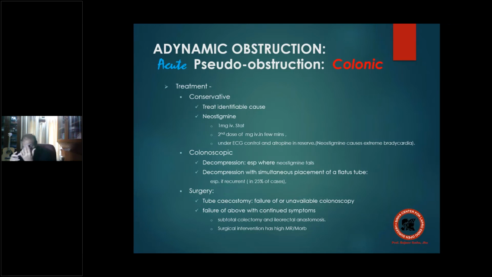Or else, if you find that this patient has this kind of obstruction recurrent for a long period of time, in these cases you have to go in for excision, and that is a subtotal colectomy with ileorectal anastomosis. What does subtotal colectomy mean? That means I am removing everything from the ileocecal valve up to the sigmoid. What do I have left behind? The ileum and, distally, the rectum. So I do an ileorectal anastomosis. But the very fact that you remove the whole of the colon and you're anastomosing the ileum to the rectum basically means high morbidity and high mortality.